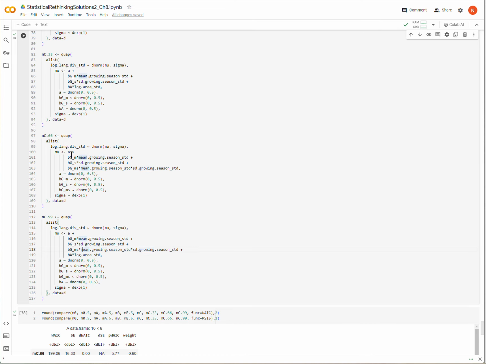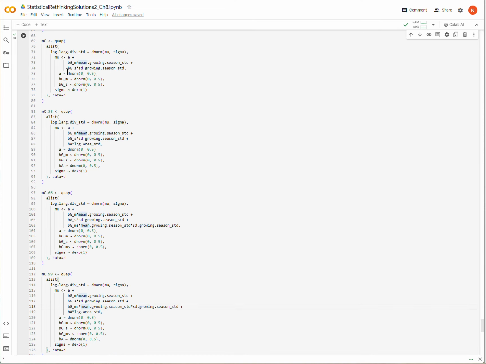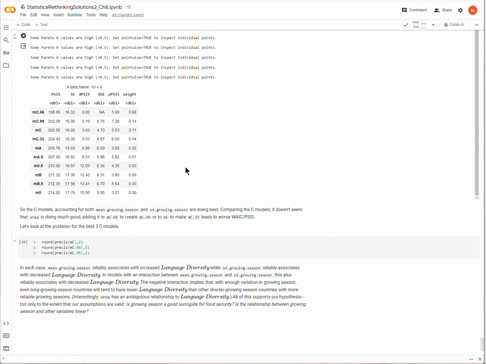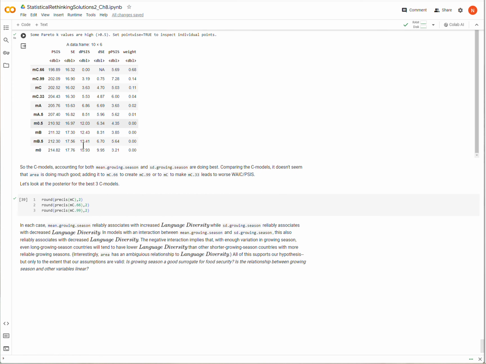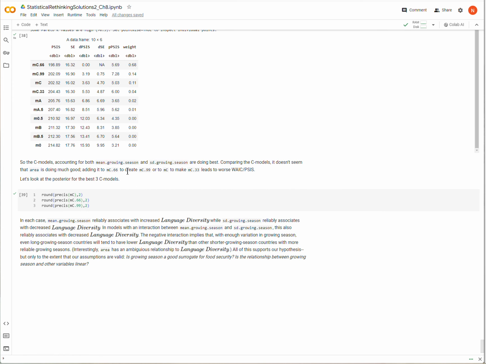Because MC99 does worse. And then similarly, to go from MC to MC33, we just add area. And again, area is making the PSIS and WAIC worse. So somehow area is maybe not very helpful.